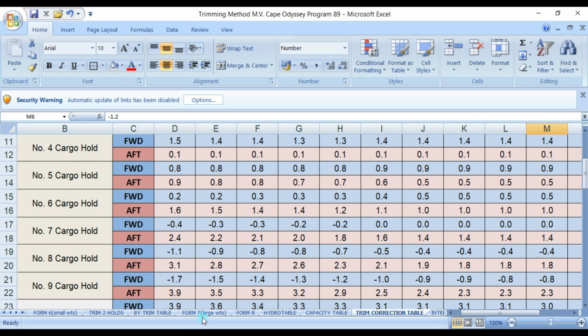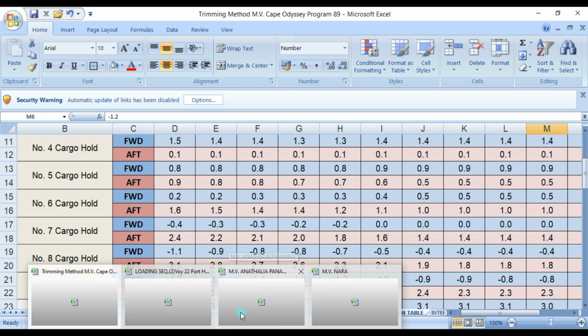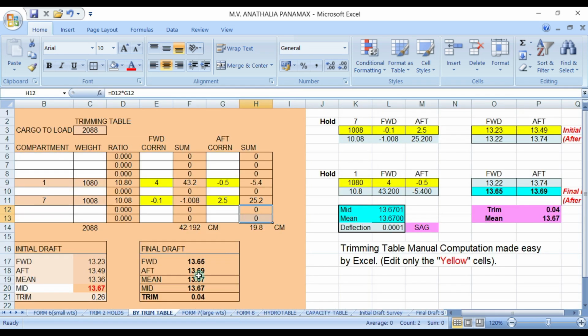But here in the Panamax vessel it is the same. So you put here the forward correction and you put your aft correction in hold number 1. In number 7, you put the forward correction of number 7 and the aft correction of number 7.